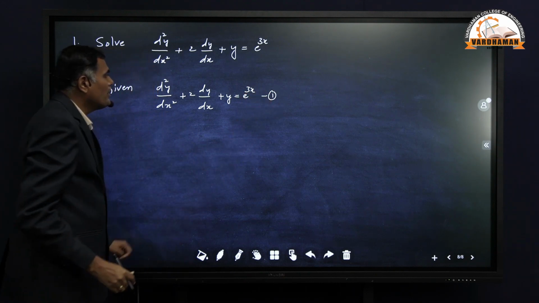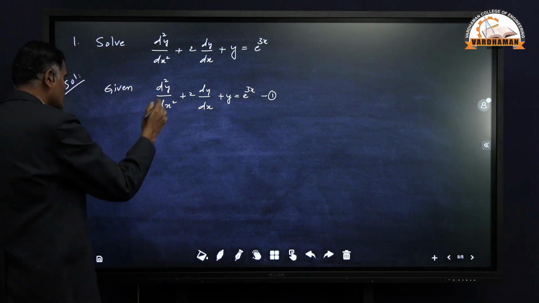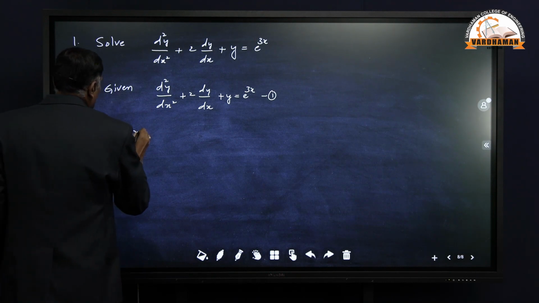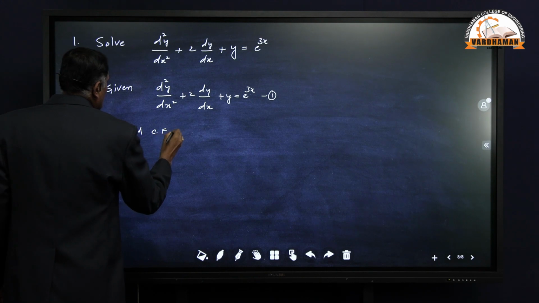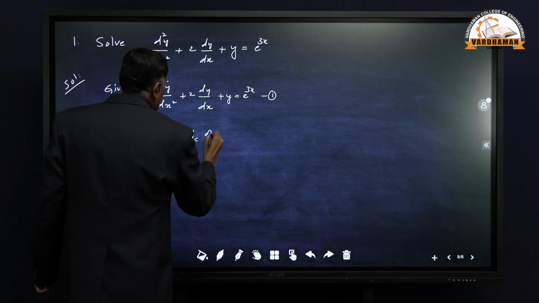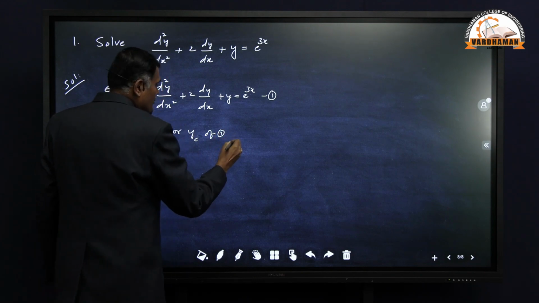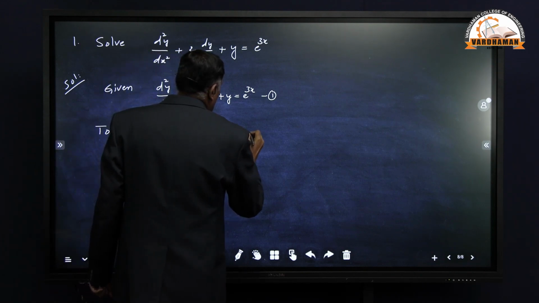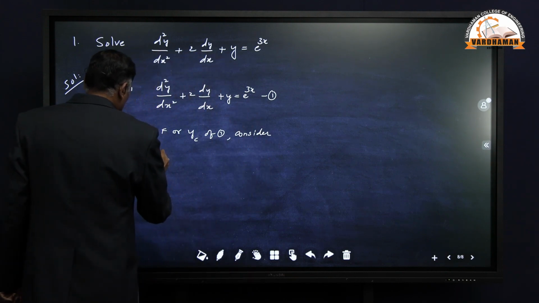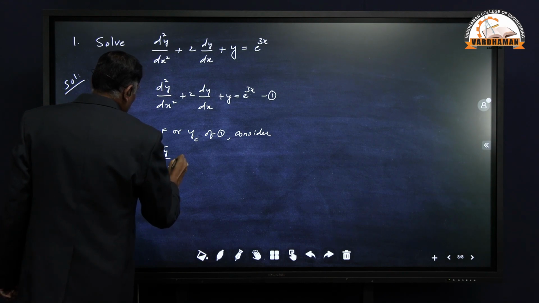To find the complementary function, or you can say yc of 1, consider the right hand part as 0, that is d square y by dx square